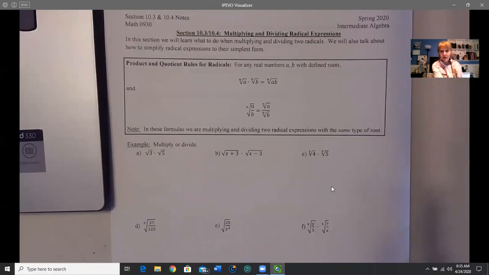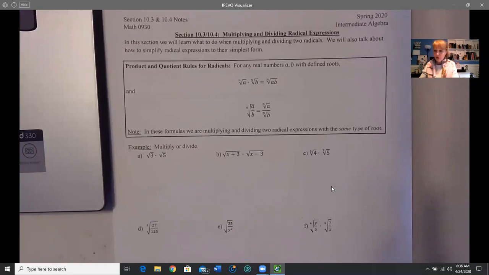Hi there. What we're going to look at is sections 10.3 and 10.4, which is mainly just simplifying radicals and reducing the radicals and what's inside. And we'll also be multiplying and dividing. That's more the